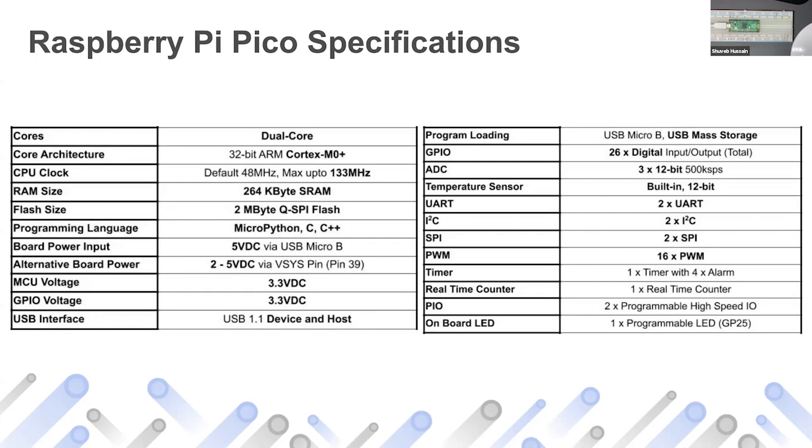I'm moving to the right side column. You can load your program through USB. Basically, what happens is you just hold the boot select button. I told you that there's a boot select button on the board. You can look at the video. It's a very small button. While holding it, if you power it on, it'll show up as a USB drive, like a thumb drive on your computer. You can just drag and drop your code. It's that simple, right?